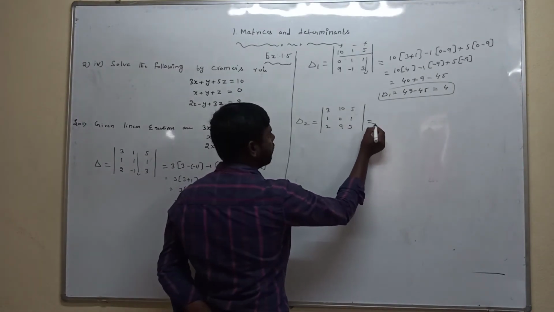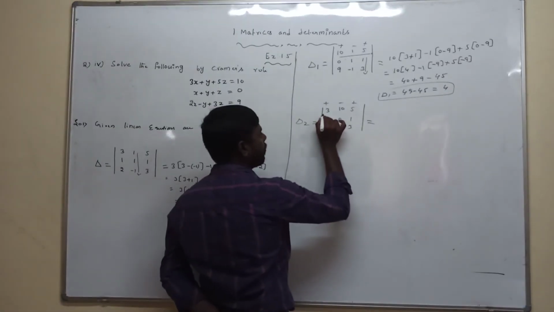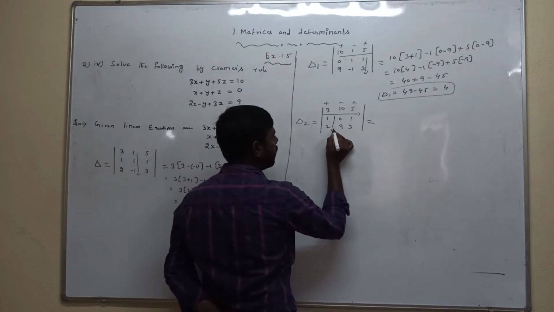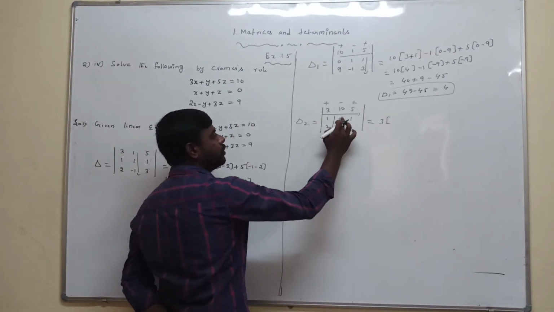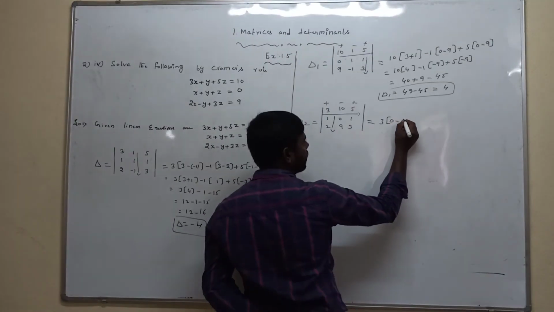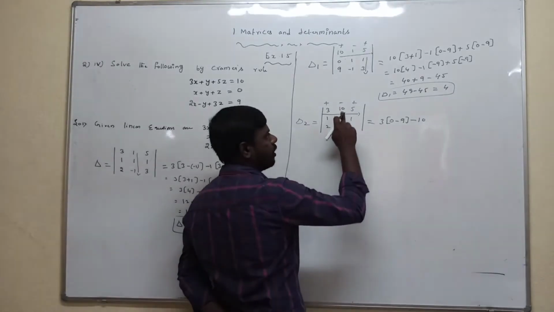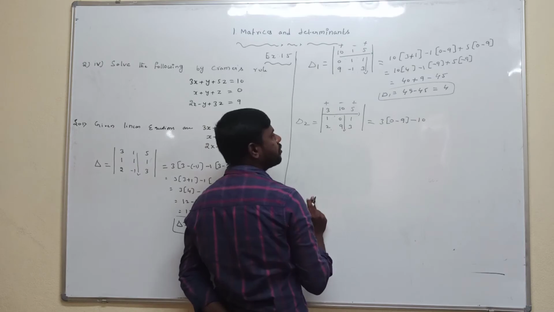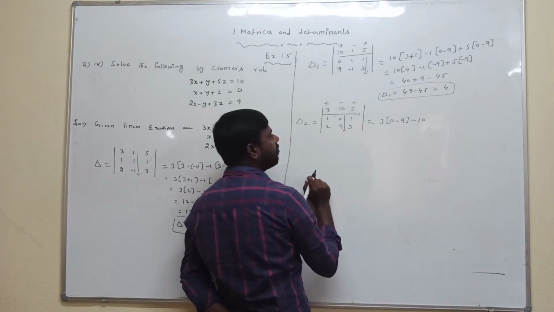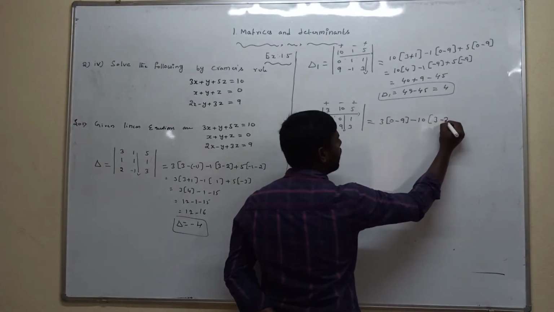So find this determinant value. Now we have to take plus, minus, plus. Plus 3 present in the first row. First columns are eliminated. Cross multiply left of the elements. 0 into 3 value is 0. Minus 9 into 1 value is 9. Minus 10. Observe here friends, minus 10 present in the first row. Second columns are eliminated. Cross multiply with the left of the elements. 1 into 3, 3. Minus 2 into 1 is 2.